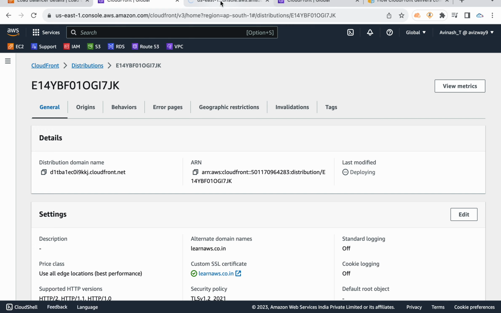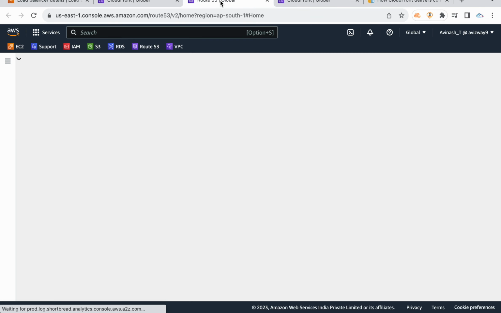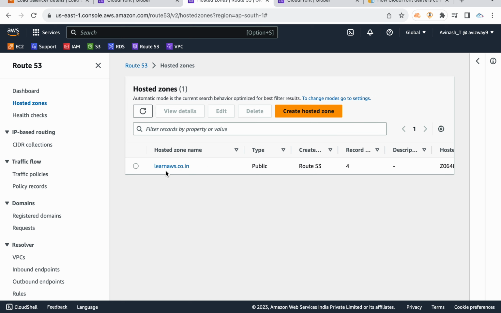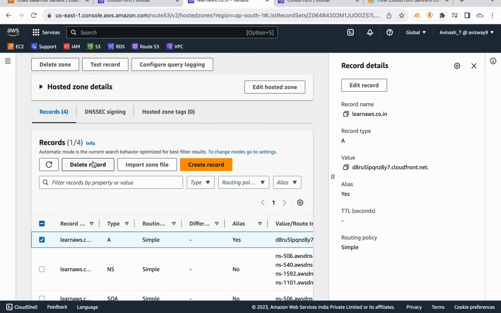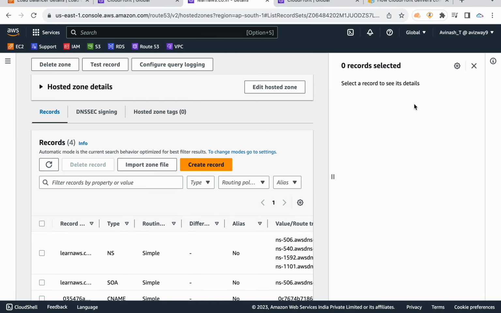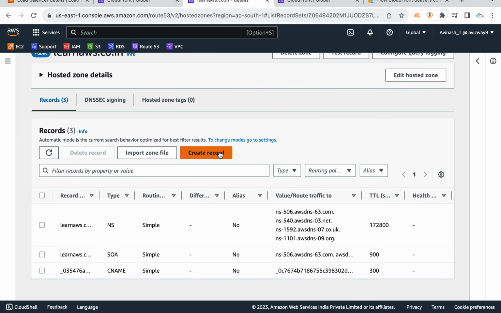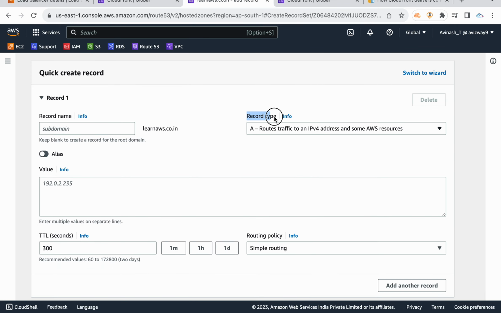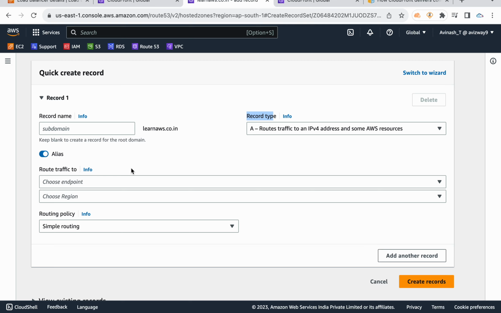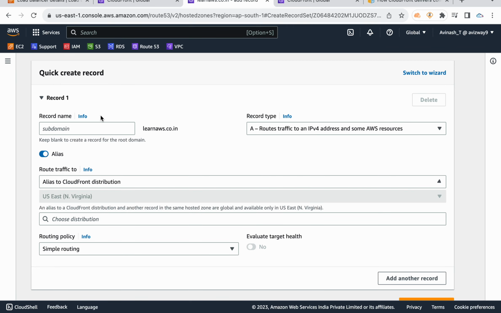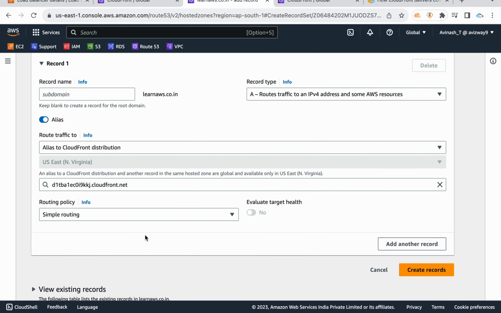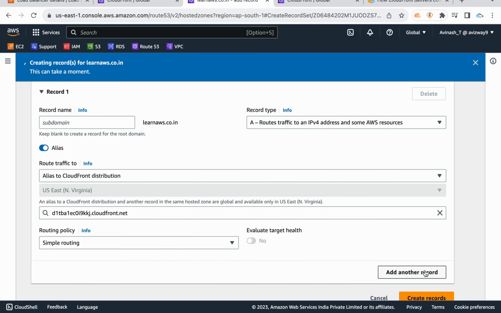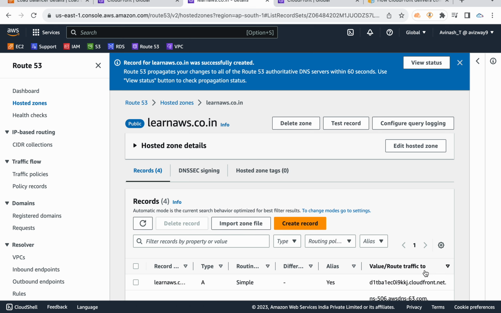For that, go to Route 53, go inside whatever hosted zone you have, and here we need to create a record. I already have some previous ones. So create record. The record type is A. I'm going to enable alias, route traffic to CloudFront distribution. Whatever distribution we have, you select the distribution. For routing policy, simple routing policy is okay. Then create record. Now if you wait for a minute or two,